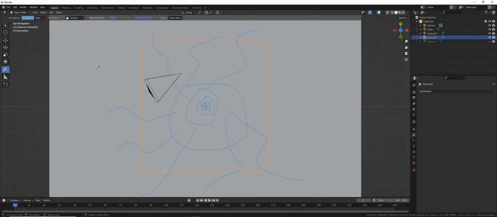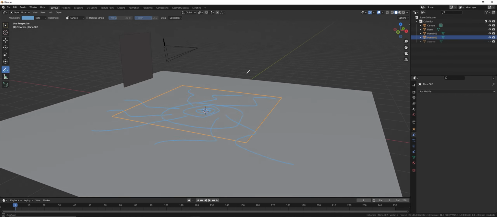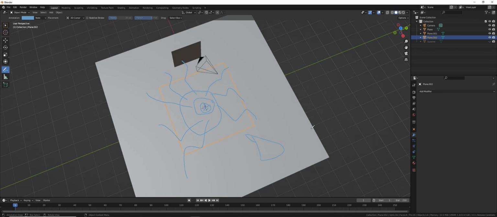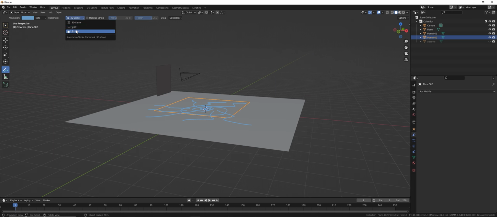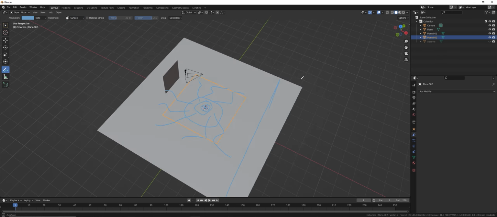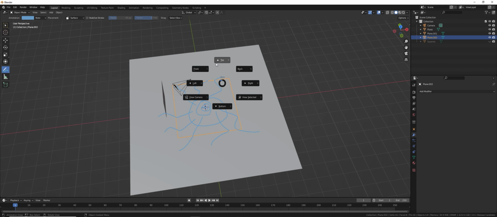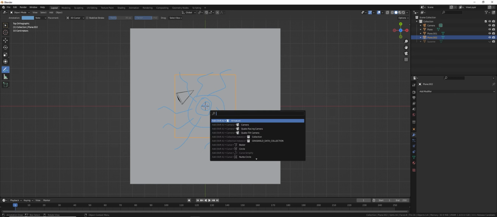So you notice here, my pen wouldn't stick to a surface unless I switched it to surface mode. And now if I paint it, you can see that it's anchored onto that surface there. Either way, go up to top mode if you want, or switch it to surface, and then just draw out what you want. Now that I've got it, I'm going to press F3 with my object that I'm fracturing selected,